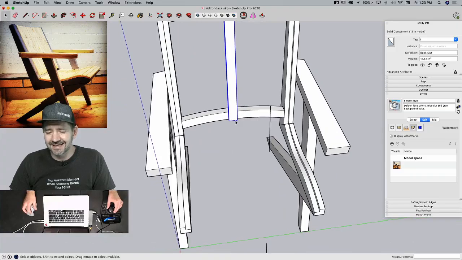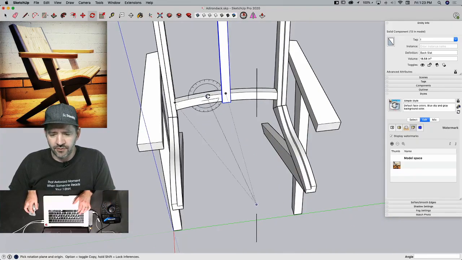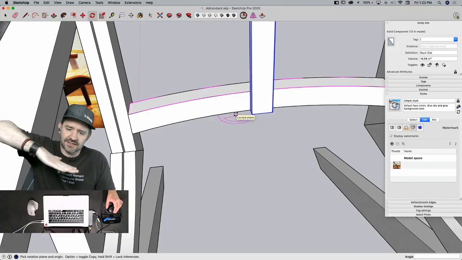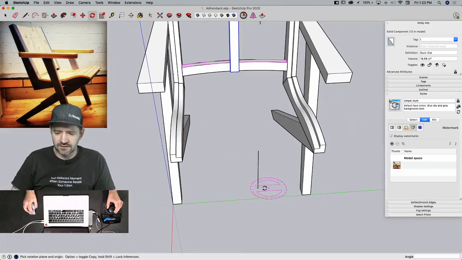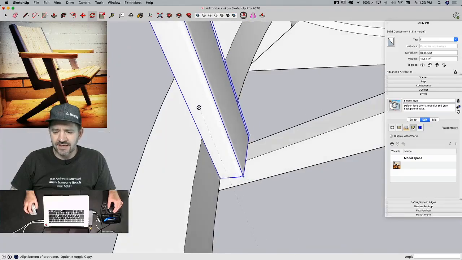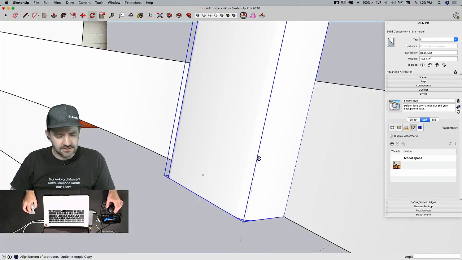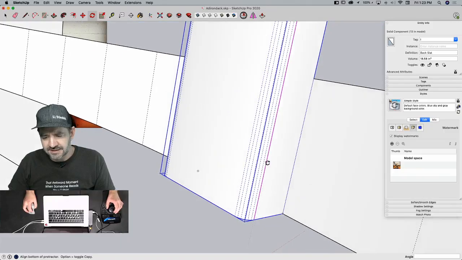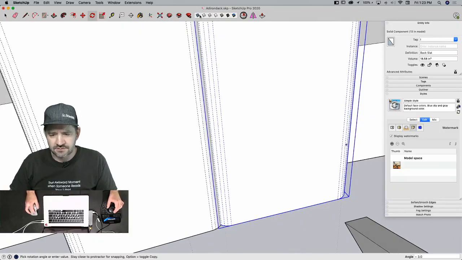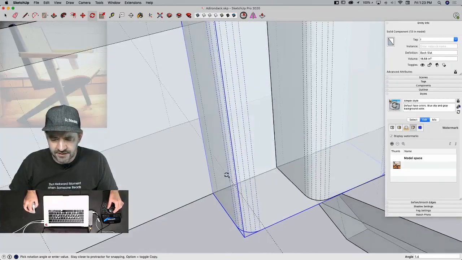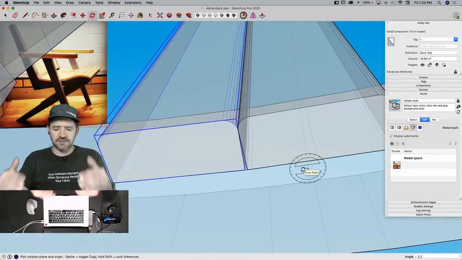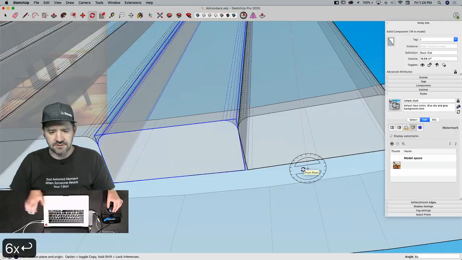So what I'm going to do instead, I'm going to go to rotate again. I'm going to reference the top of this surface, hit the down arrow key to lock that in, because that's the plane. It's an angled plane like that I want to array along. I'm going to click here, and rather than go from center to center, I'm going to turn on my hidden geometry, and I'm going to say take this edge and rotate that option around to where it would butt up against this edge. So now those two pieces butt right against each other, and I'll say 6 times, and we'll see how this all